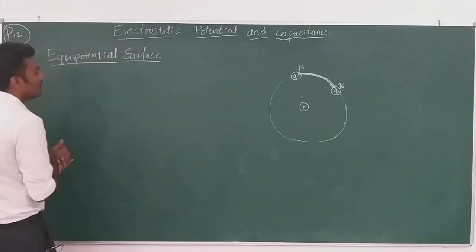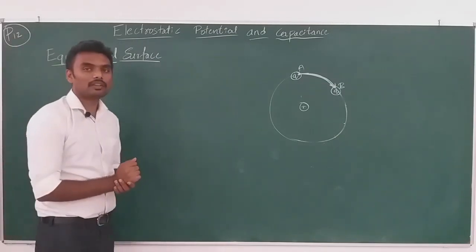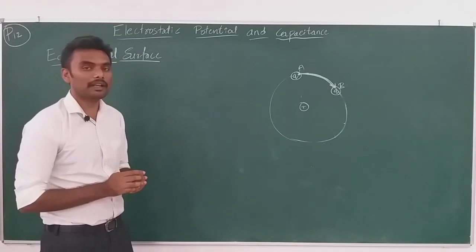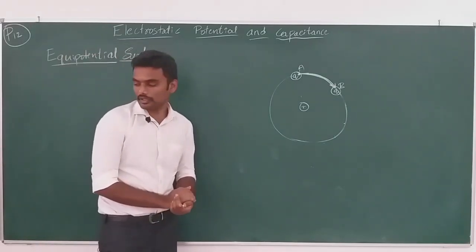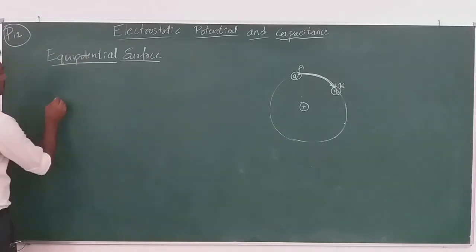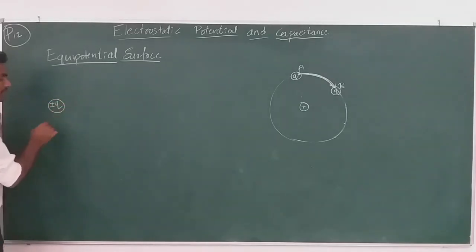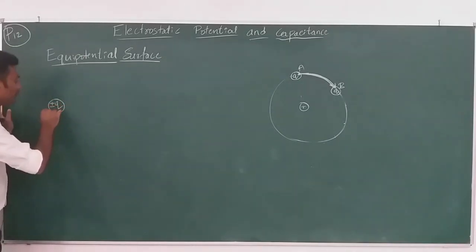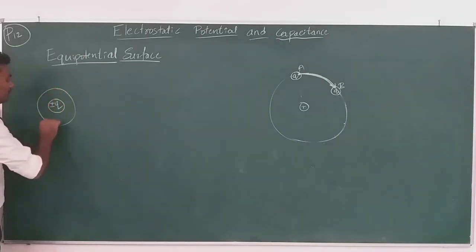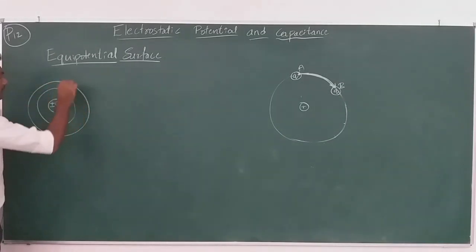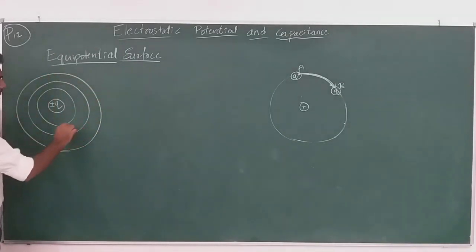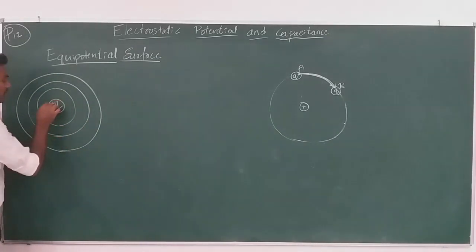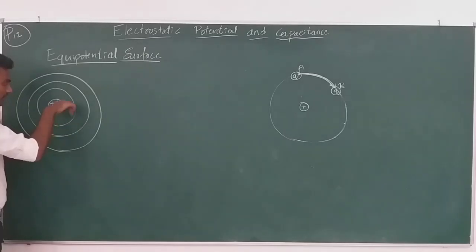So now let us see how the equipotential surfaces look for different kinds of charges and different combinations of charges. Let me start with a charge, positive or negative, a point charge at a point. So the equipotential surface due to this point charge looks like this. It's concentric spheres. Because this is the charge, and on this sphere, the potential is equal at all the points.